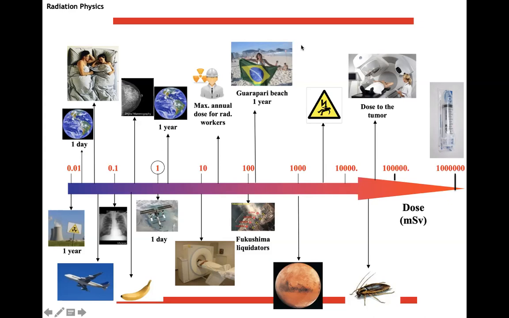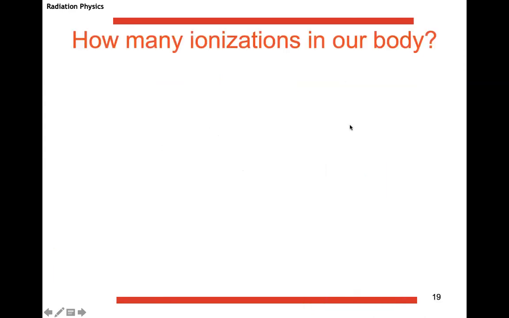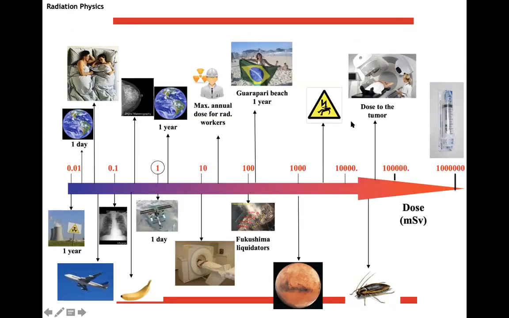And what about geographical distribution? Is the dose the same everywhere? We saw Guarapari Beach, but do you think that in Germany there are significant differences if you live in Frankfurt or if you live in Munich? Or is it always the same? Nobody knows? I'm pretty sure there's a difference. I don't have the map here. I think I will show it maybe in the radiation protection part.